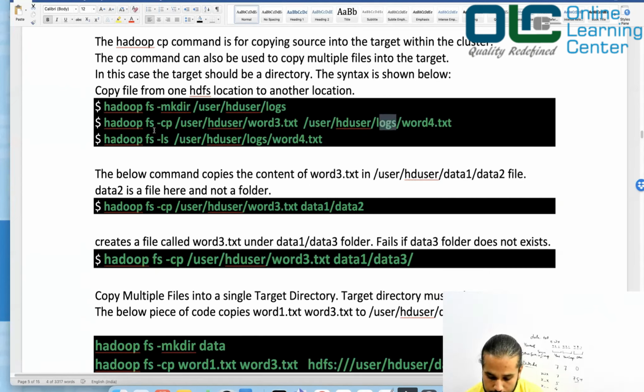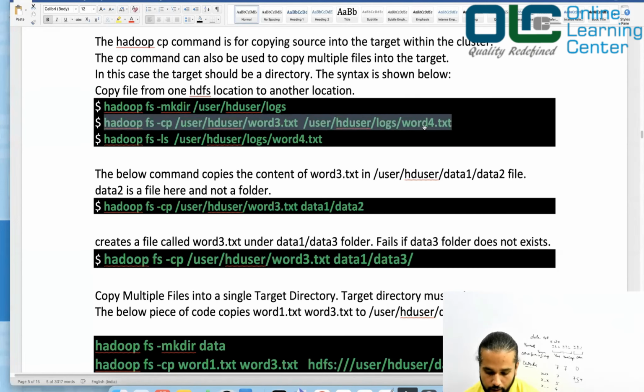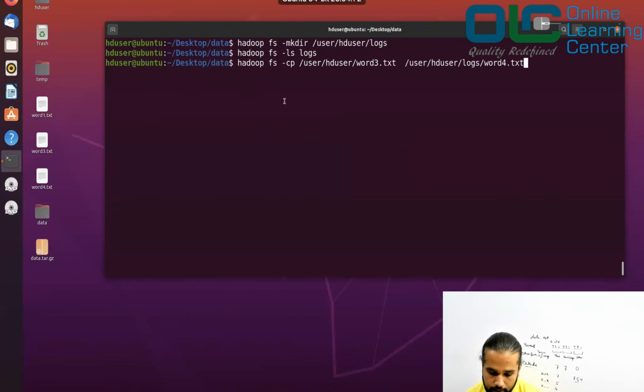Okay, so what I'll do is I'll copy this, and say paste. Now Hadoop fs -cp /user/sduser/word3.txt /user/sduser/logs/word4.txt. What are you trying to do?